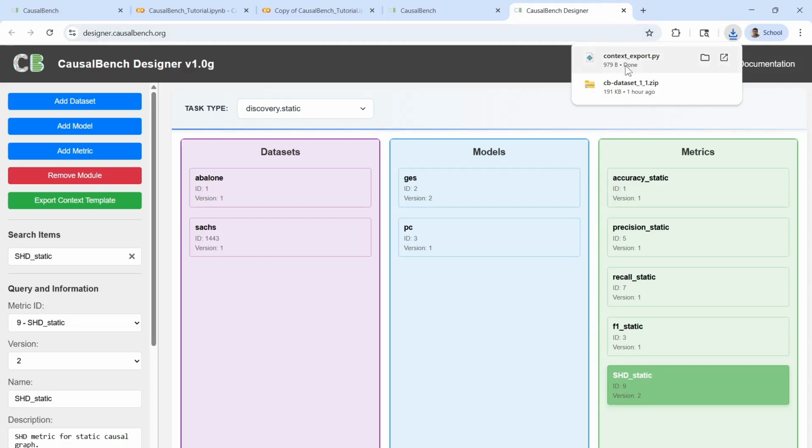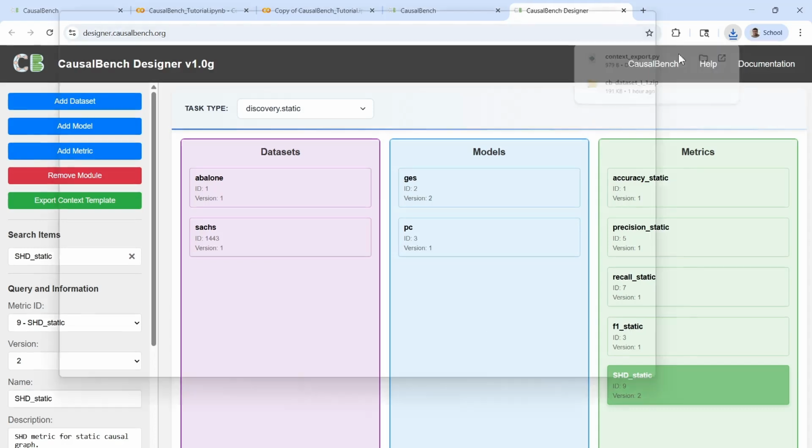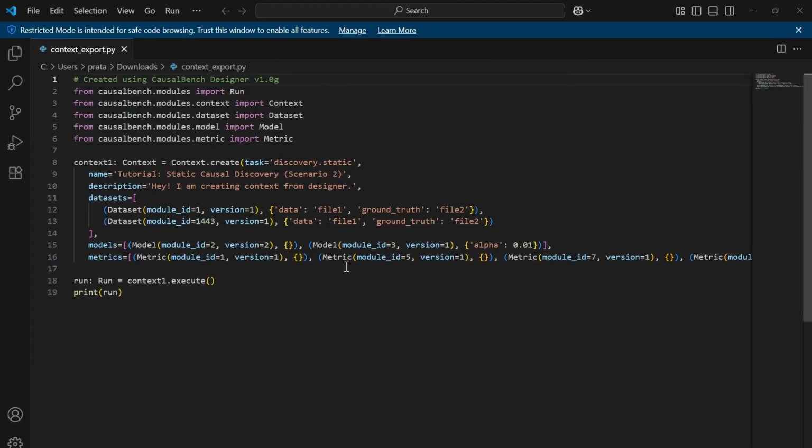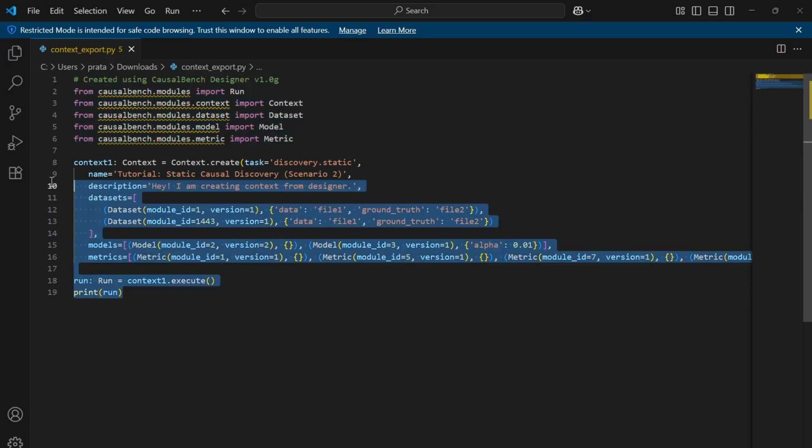And once you do that, you can see a context export.py file has been generated. So this py file essentially creates the code that you need to execute to create this context and publish it and execute it. Now we already have these lines. We already had imported the CausalBench module, so we won't need them. But what I want you to do is once you have this exported Python file, copy this context information, and